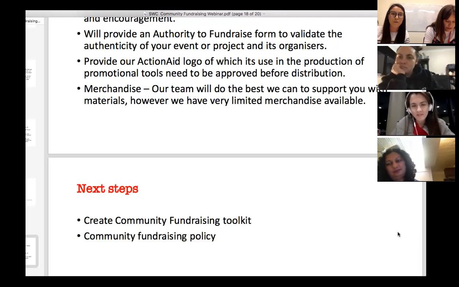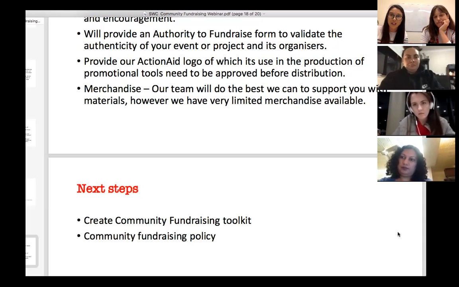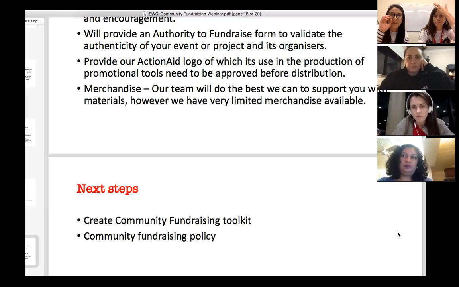I know that in Adelaide there was a beer night, and has it happened yet? Tomorrow? It's very soon. They're organising an awesome beer night where they'll be talking about the work of ActionAid, and people will have the option to donate at the door.